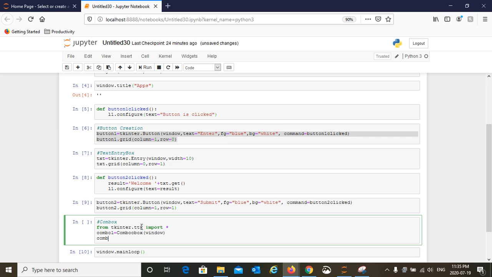So combo 1 over here is going to be values, and I am going to put values as 1 2 3 4 5 6 7 end of combo.